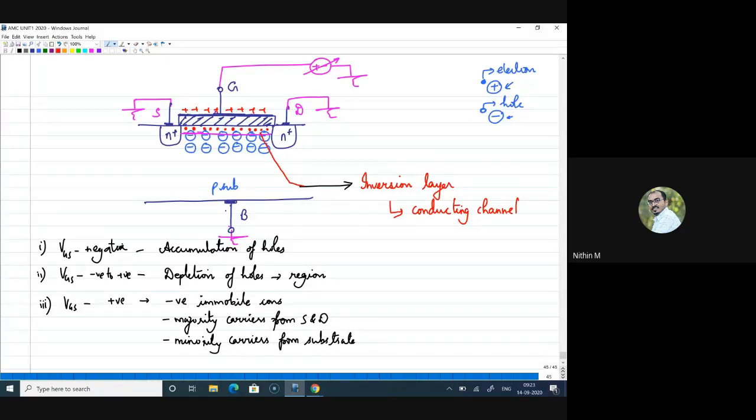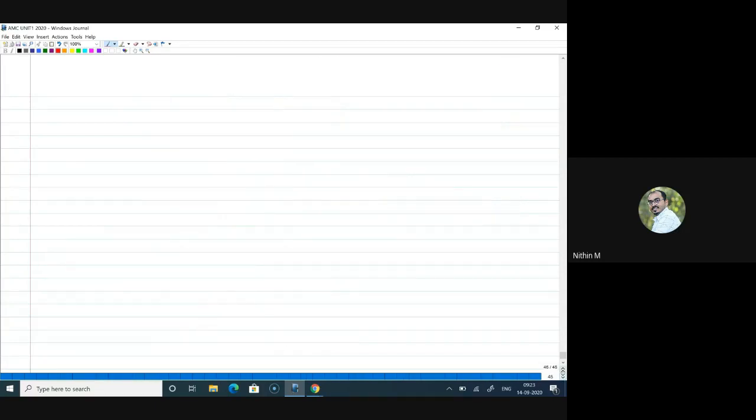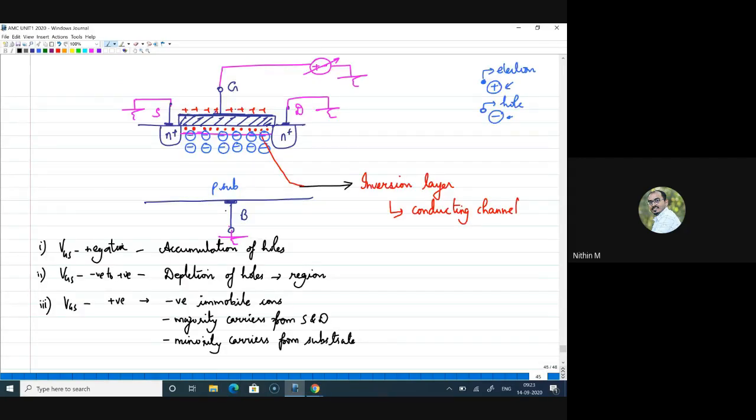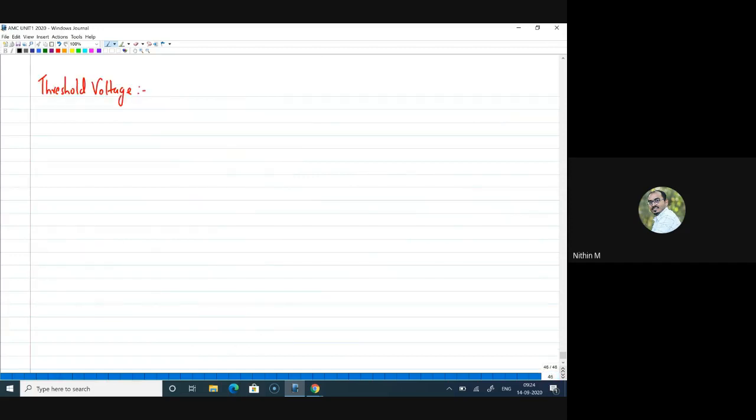Now here I'll define one more additional thing. We call that threshold voltage. So what is this threshold voltage? We know that we are applying a voltage to the gate, and we call it gate voltage, or VGS. Now, as I keep on increasing my VGS, electrons move in and a conducting channel is formed, and this inversion layer is formed, right? So now the value of that VGS, the value of that gate voltage.